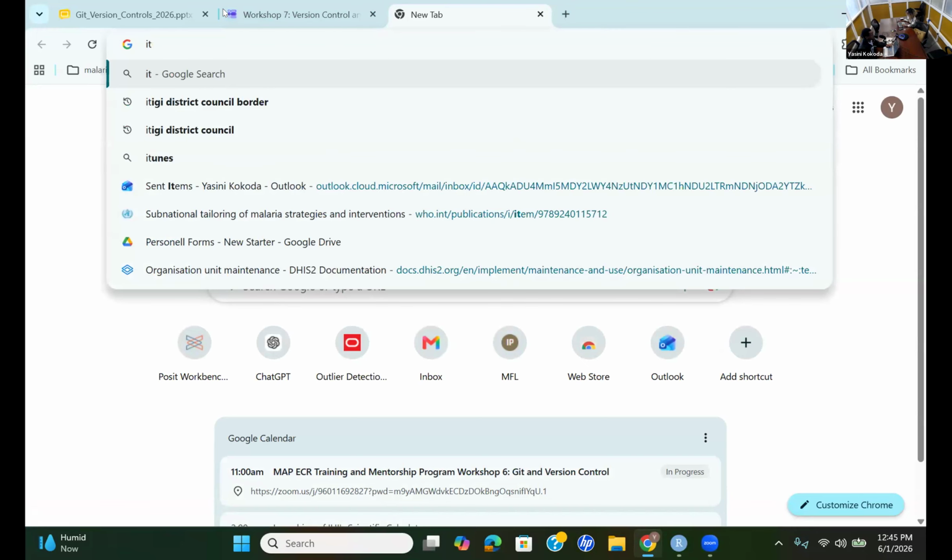So the first thing you have to do, you already have the folder we created on our local computer called IT Workshop 6. To connect it with your GitHub account, to make sure they are communicating with each other, you first need to go and create the empty folder on your GitHub account. And